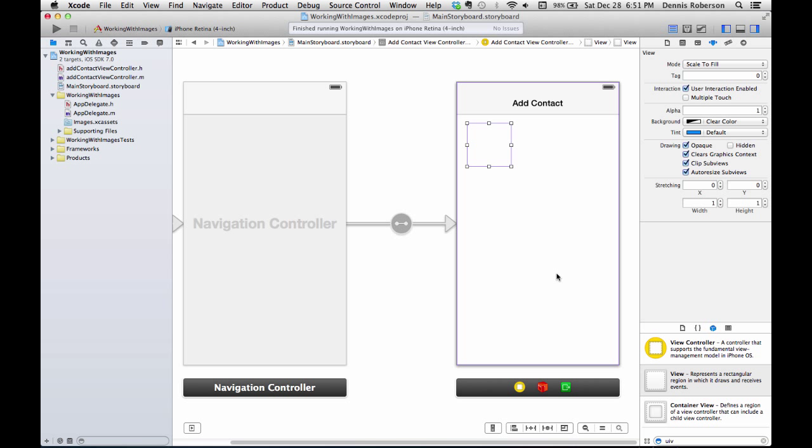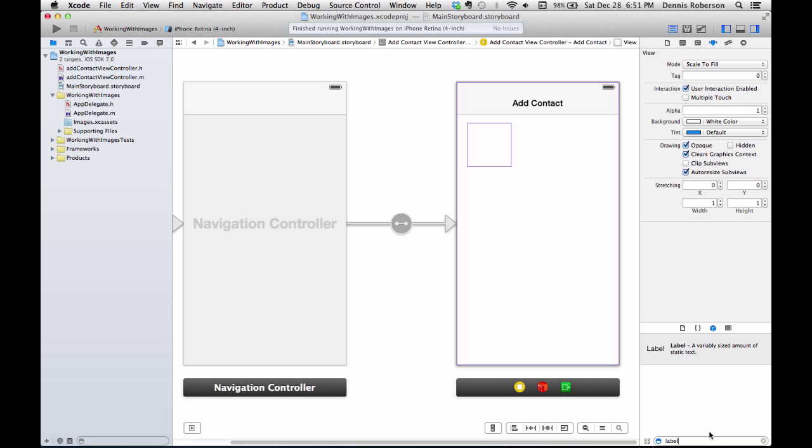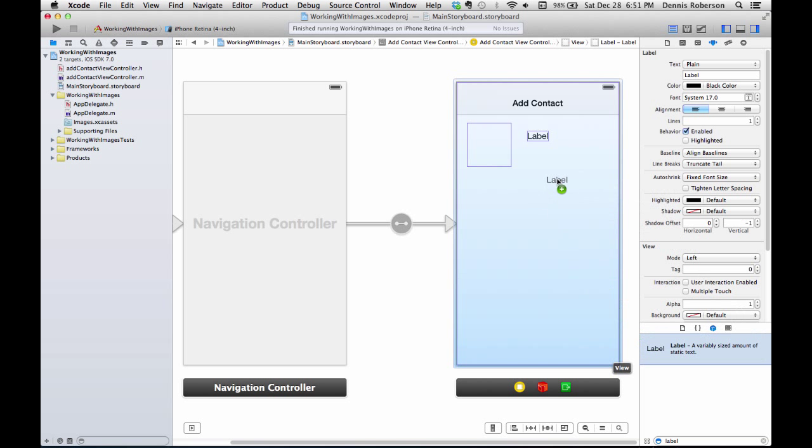Okay, there's several other things we can do to the UIView container, but before we do, let's add some labels on here just for decorations, just to make this look like a real interface, although we won't be doing anything with these labels. Let's bring them on here anyway, because it's only going to take a second, like so. And we'll just stretch that out like that. Do the same with that guy. And that guy,